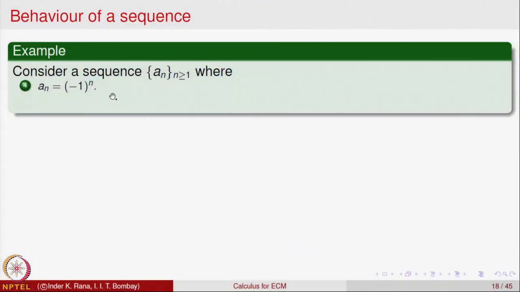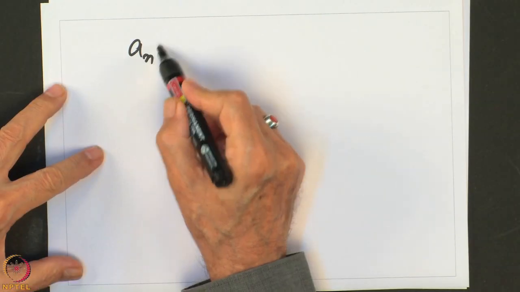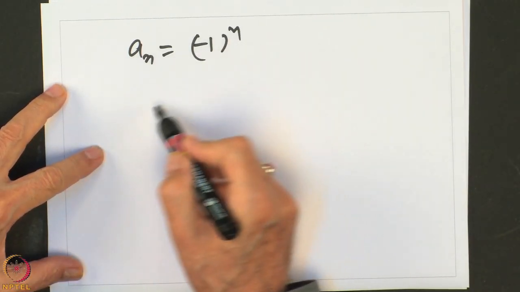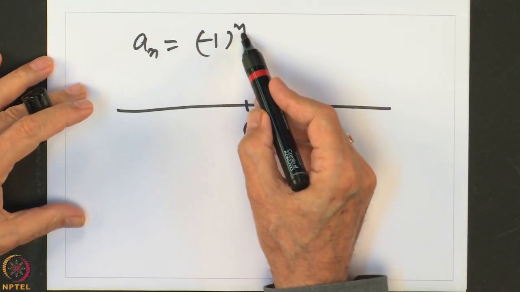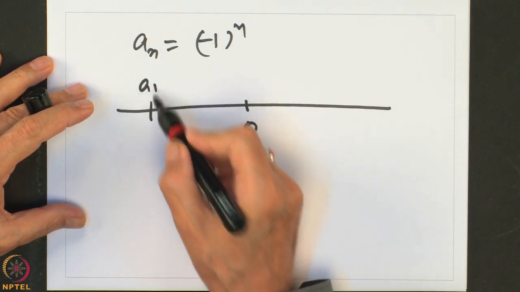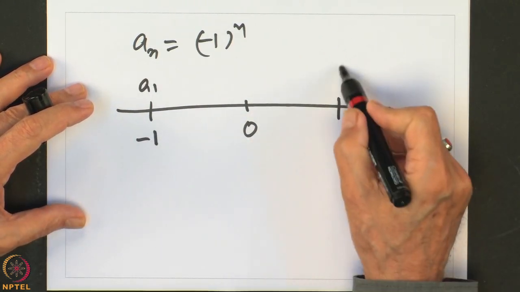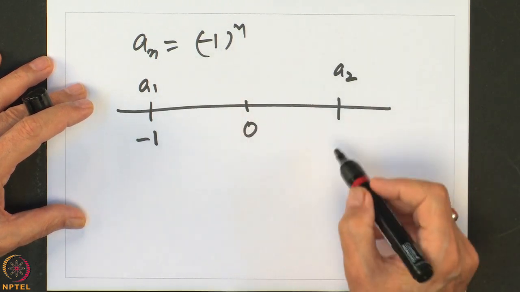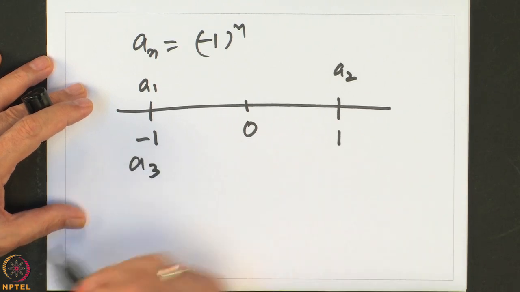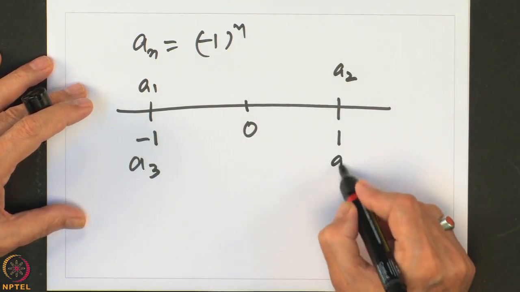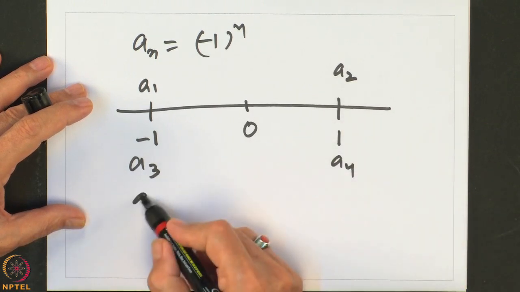Let us look at one more example of a sequence A n, where A n is equal to minus 1 to the power n. So, what is happening to this sequence? If I try to plot it, it is 0 here. For n equal to 1, I will get A 1, which is equal to minus 1. What is A 2? Minus 1 to the power 2, that is 1. A 3 will be equal to again minus 1, A 4 will be equal to again 1, A 5 again